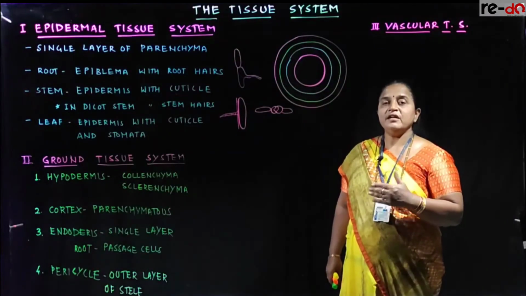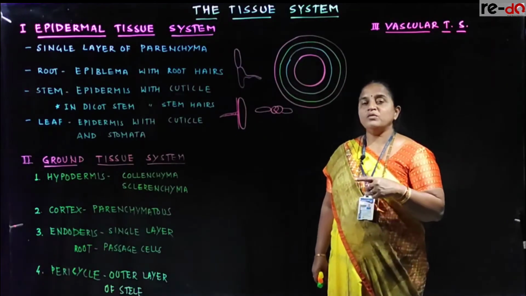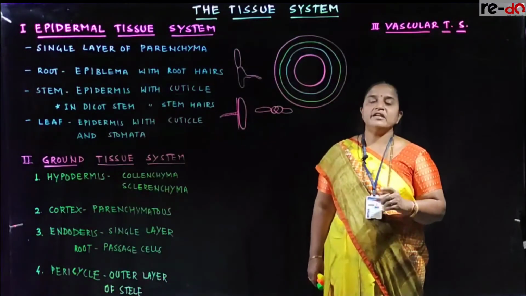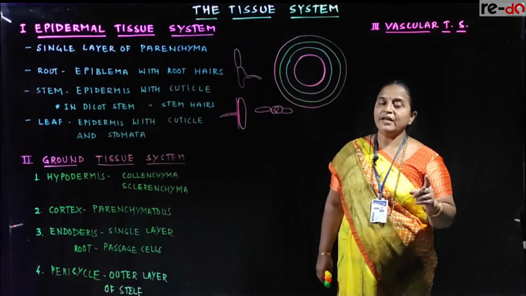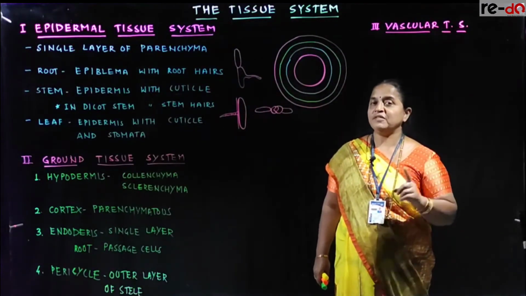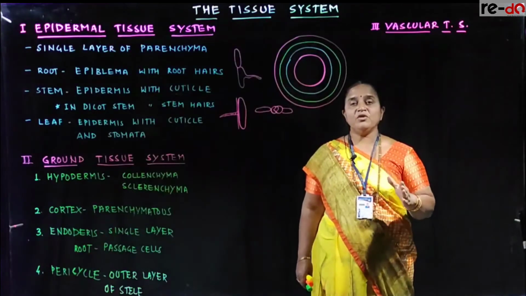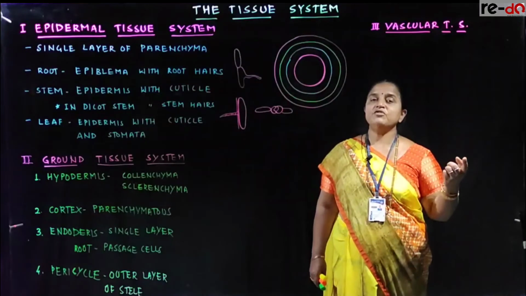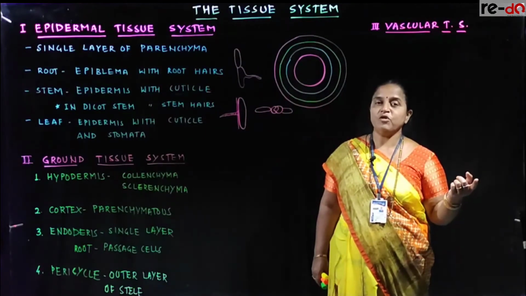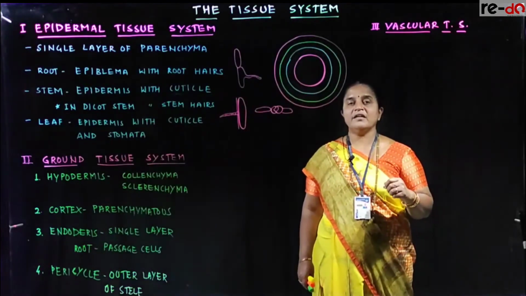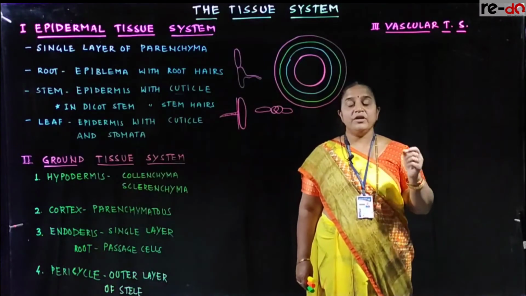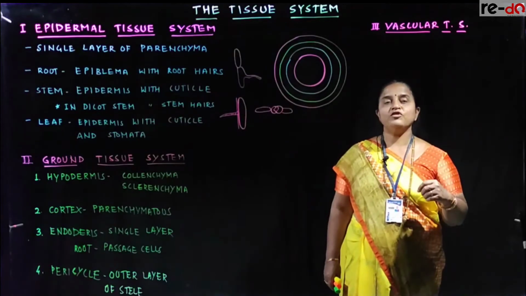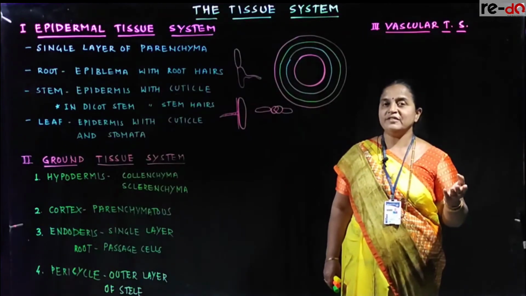Endodermis is the innermost layer and the outer boundary of the stele. This endodermis is represented by a single layer of compactly arranged barrel-shaped parenchyma cells. In both dicot and monocot root, in the endodermis, some cells are deposited with suberin, which is impervious to water, and some cells are non-suberized. So here suberized cells are called Casparian band cells and non-suberized cells are called passage cells.